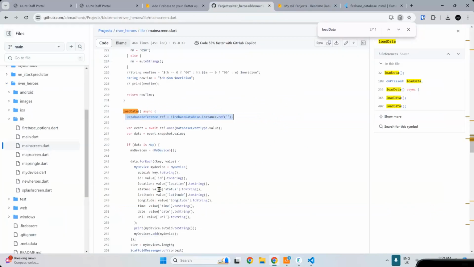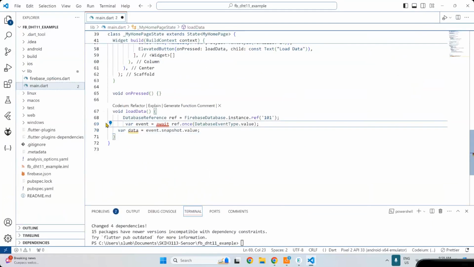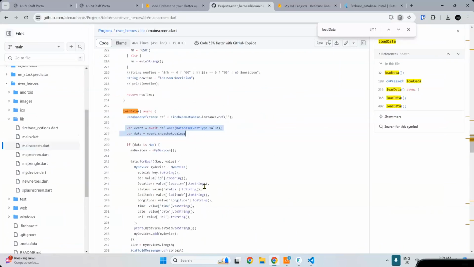And then I'm going to get the data, event, and the snapshot of the value. All right. So this is await, implement asynchronous to the class. Okay. So now we create the reference to the database. We have done the connection to the database, get the 101, check the event value, get the snapshot of the data from the reference. Okay. So that's what we are doing here. Okay, so once we have that,